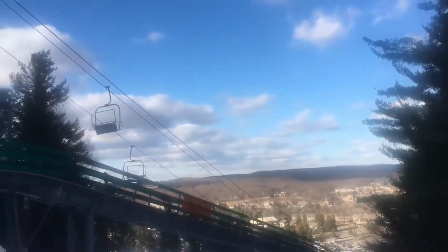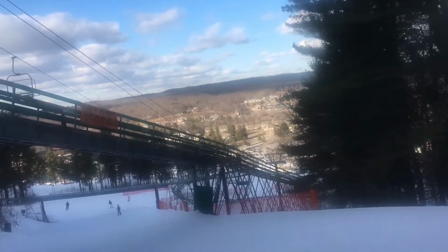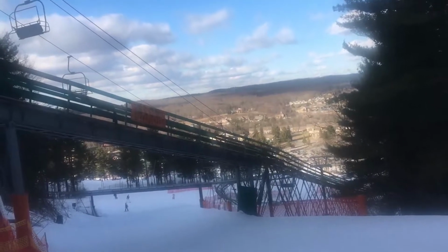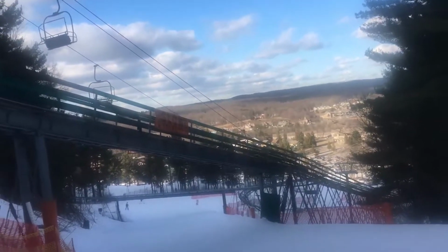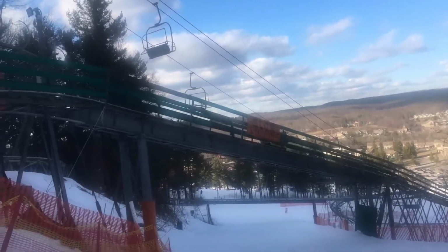coasters. This unconventional operational setup makes this ride quite different than traditional roller coasters, to the point where many don't even fully consider this a proper coaster, though I and many others do, thus partly why this video is being